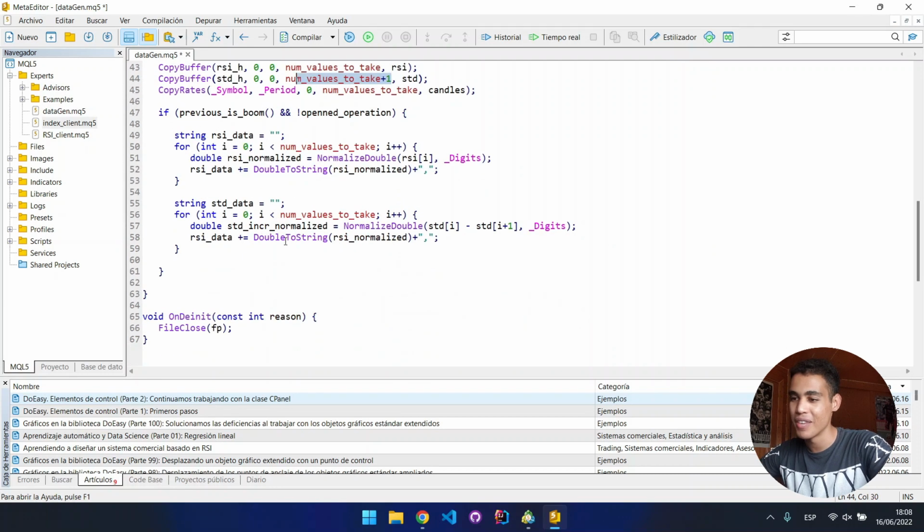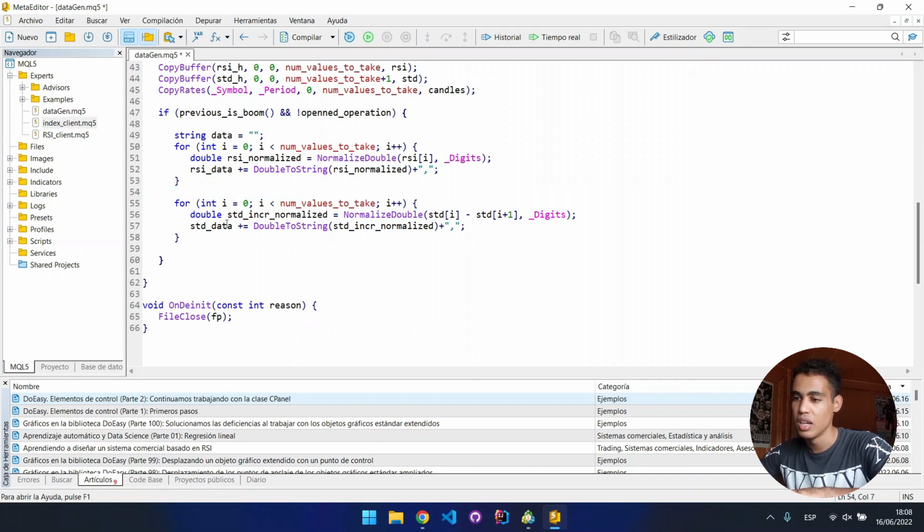Perfect. So now that we have this, we can put this here, and instead of RSI data, let's put here a standard deviation data. In fact, we could just simply put here data, not declare anything here, and let's do it this way so it's more simple. Now in this string we have almost everything we want, but now we actually need to emulate that trading. We need to say, hey, is this